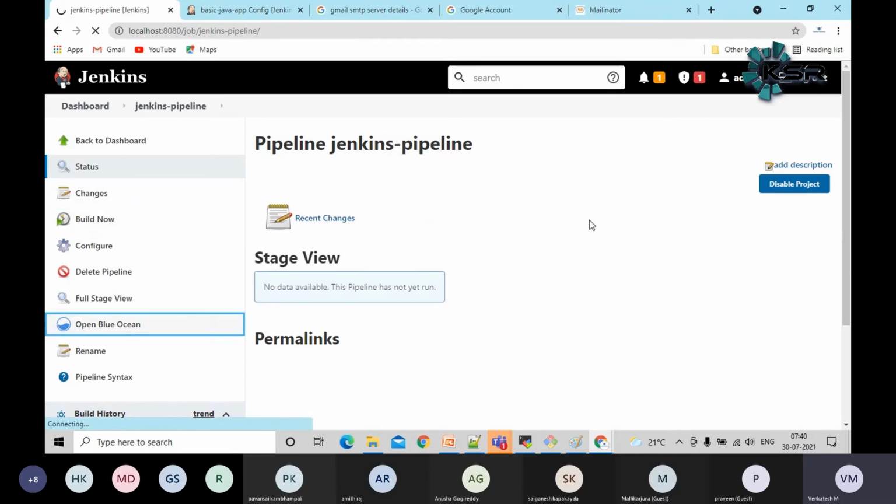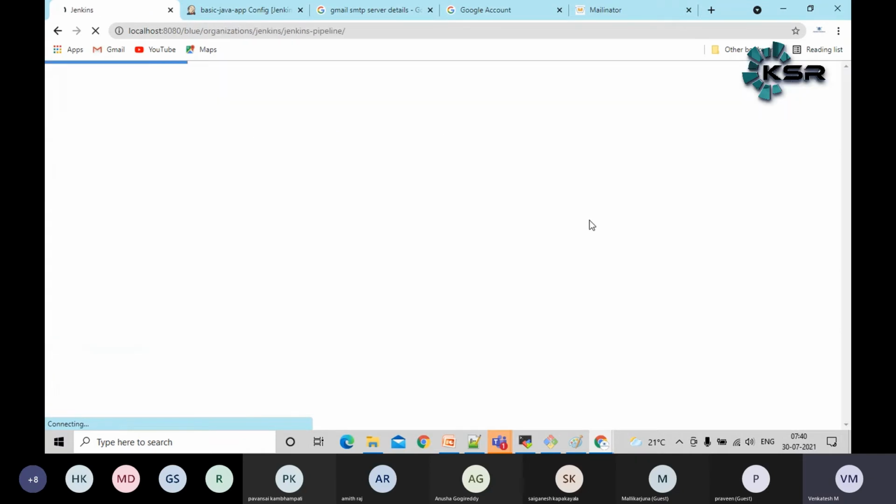Now you can see a beautiful UI with the different stages, guys. This takes some time to load.